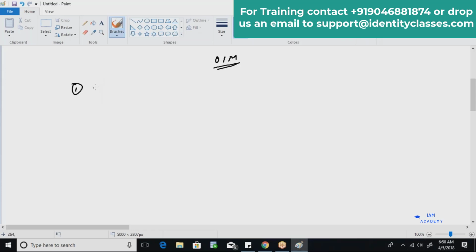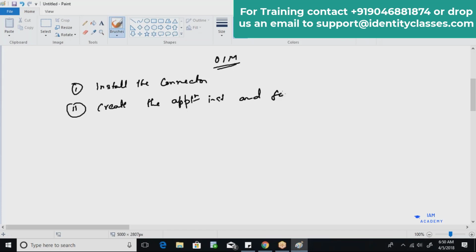The first step is to install the connector. Whatever is applicable for that particular target system, you need to install the connector for that. Then we need to create the application instance, and we need to create a form for that particular application.